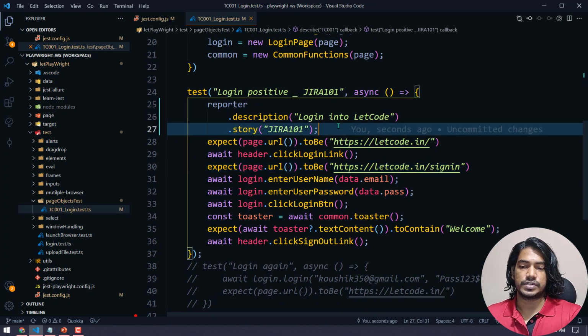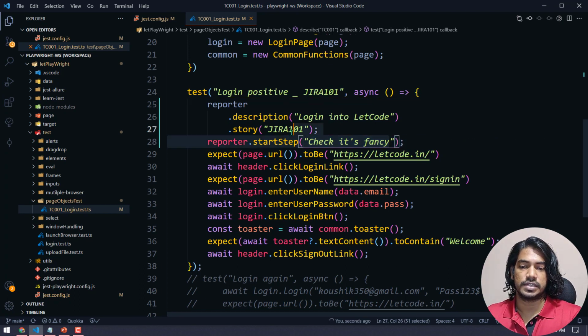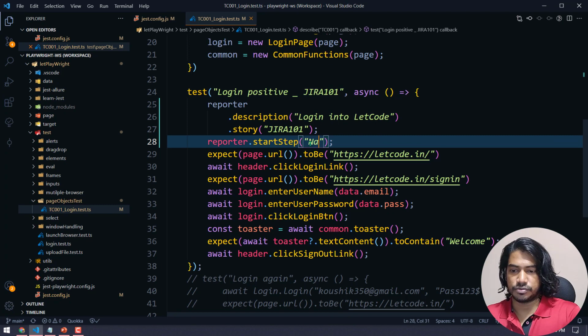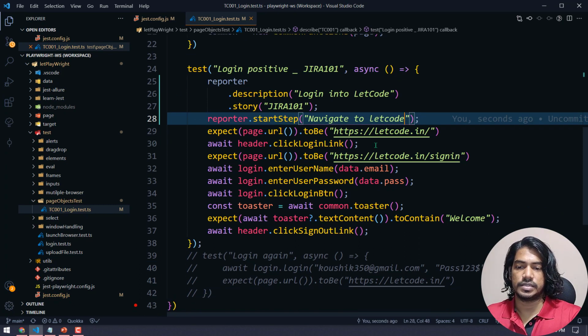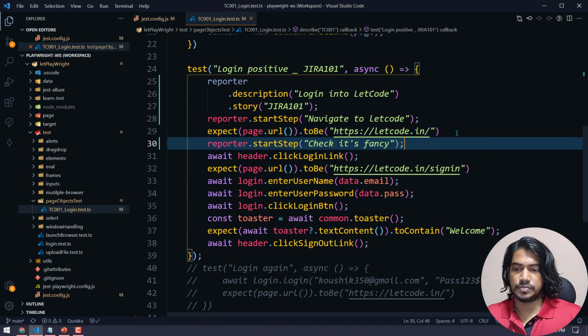First of all we'll say reporter dot start step, and here we'll say what we are doing, we are doing navigation, right? So navigate. And then here we'll say click login link.